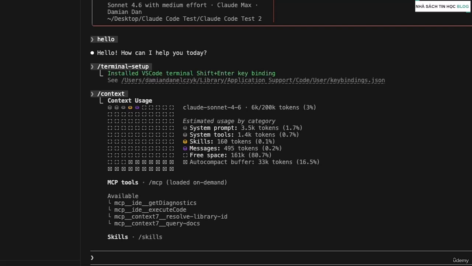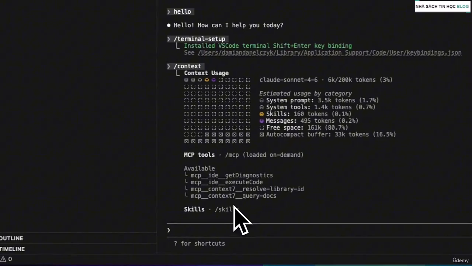So how much of your 200,000 token limit you are working through. So at this point, I have used 6,000 tokens, which is 3%. You can see how many tokens your system prompt is taking up, how many tokens have been used by system tools, skills, and messages. We can see how much free space is left in this context, about 80%. Also, the auto compact buffer, and you can see all the MCP servers and skills available to the agent.